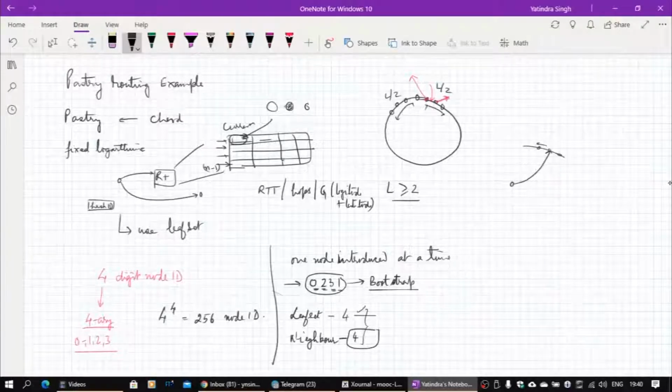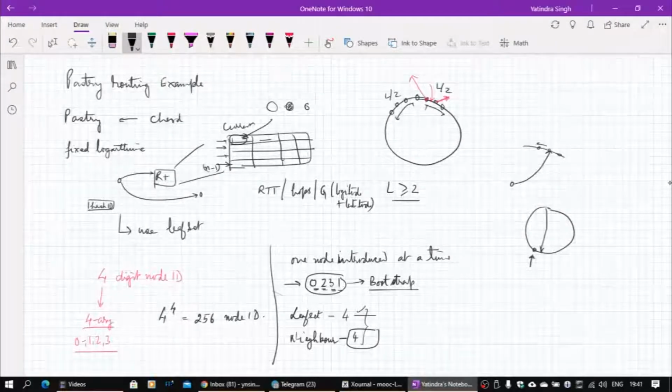The idea is that whenever you are forwarding, you forward the message, or the query or responses, to the nodes which are geographically closer to you. While in the case of Chord, this is not your choice, because for your routing table you just find the diametrically opposite one, and whichever is the closest node becomes the finger table entry. There is only one choice left, which you just keep on optimizing. Here you have more than one choice in the routing table, so you become more efficient in using internet resources. You tend to cover fewer kilometers, or consume less time, for ensuring that the query goes to the root node.